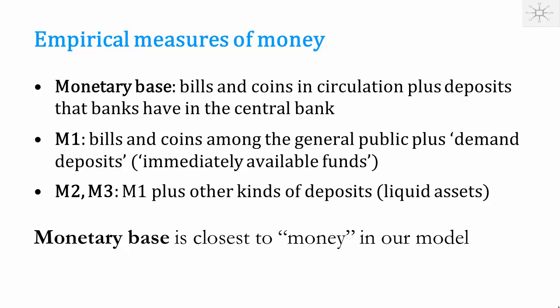So you could say we should include some deposits in our measure of money. And in the US, it's popular to use M1, which is bills and coins plus so-called demand deposits, which are deposits that you can use to pay for goods and services. And then there are broader definitions of money that include various kinds of other deposits. Typically, you cannot pay with those deposits directly. You have to transfer or convert them to some other deposits in order to pay with them. So then you're talking more about broad measures of liquid assets.